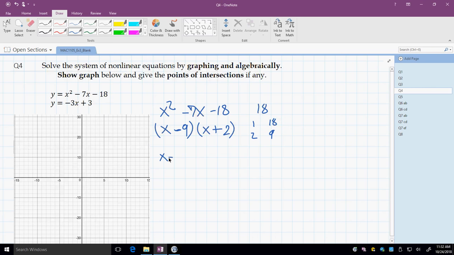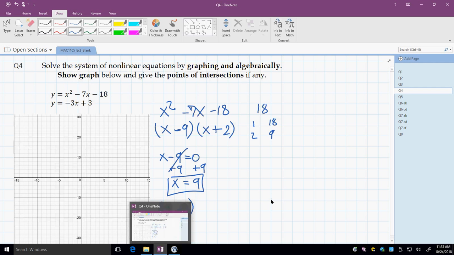Now I'm going to solve for x. Set it equal to 0, add 9 on both sides. Cancel 9, I have x equals 9. The point is going to be (9, 0). Now the second